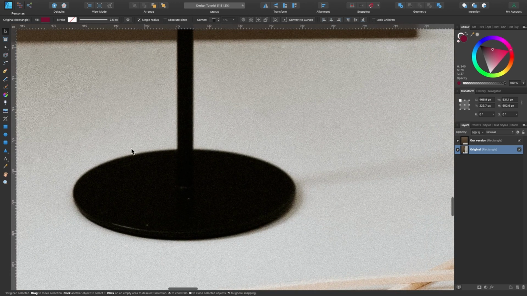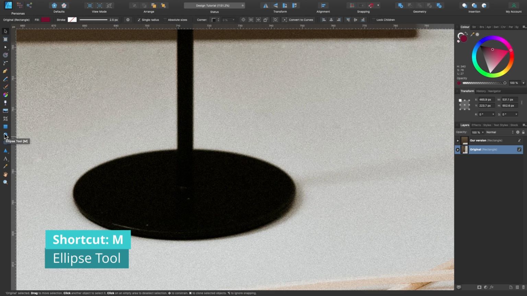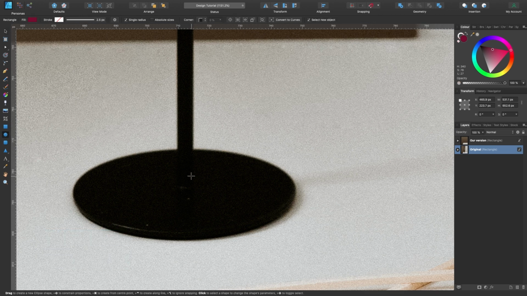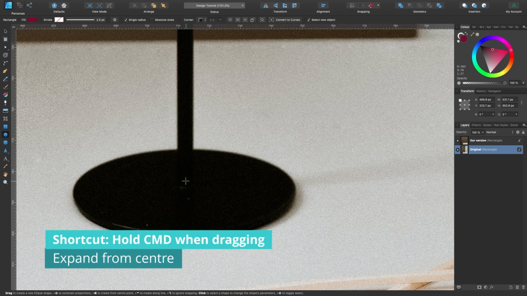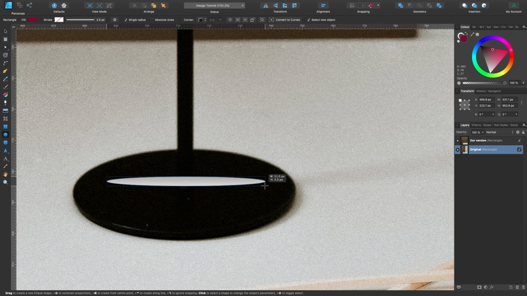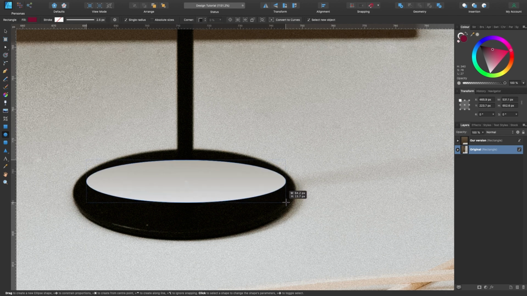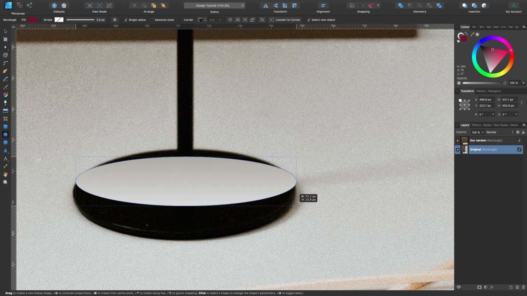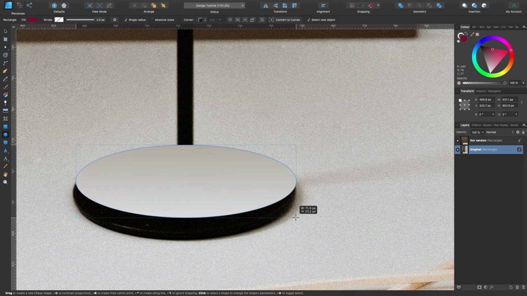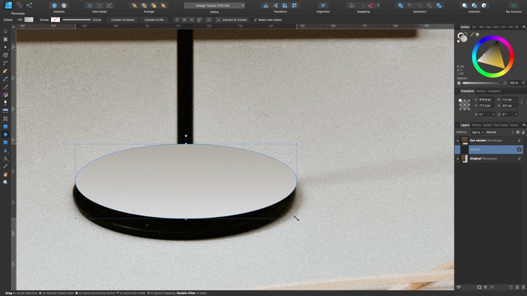So looking at the base, it looks completely black, but there is a little reflection on the side there. So I'd create this by clicking on the ellipse tool. Click on that, click somewhere in the center that you think is the center anyway. I'm going to click, press Command and drag out, so it kind of expands from the center going out, and I'll just drag it to where I think and drag it down a little bit more. I'll let go here and I'll do the rest with the Move tool.